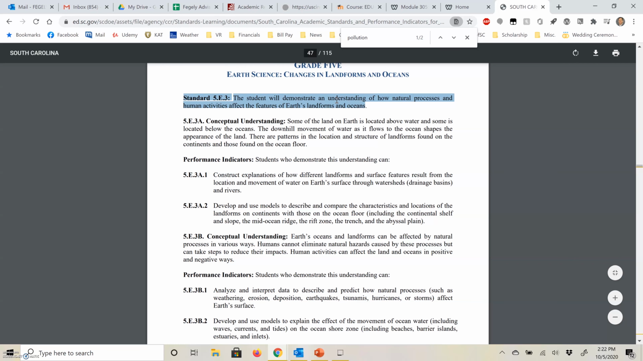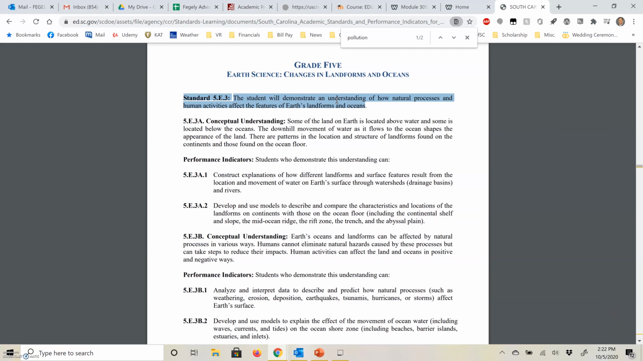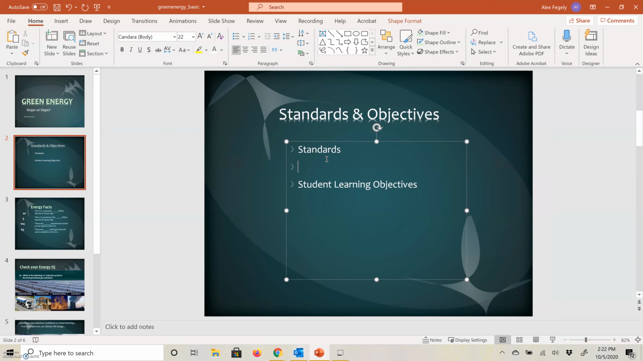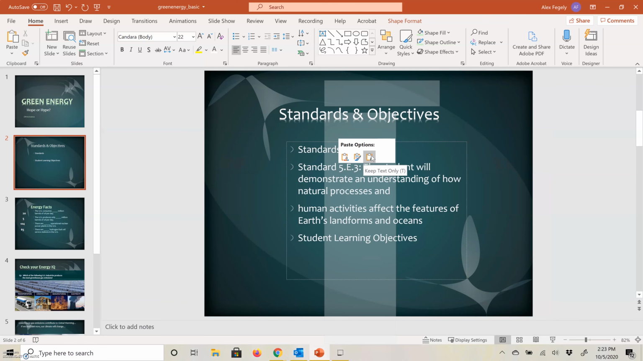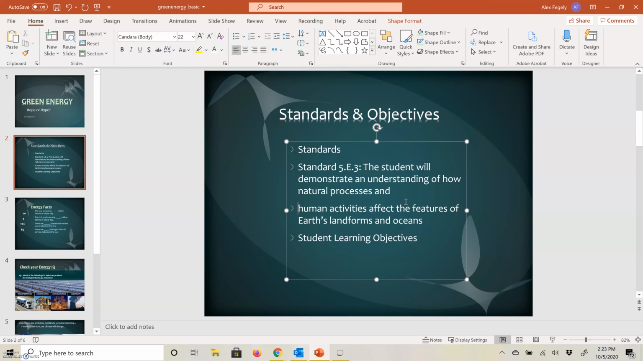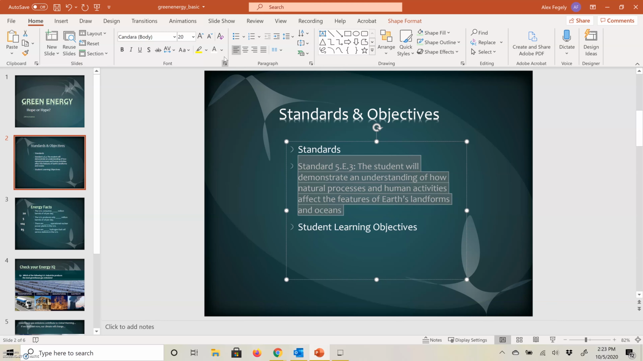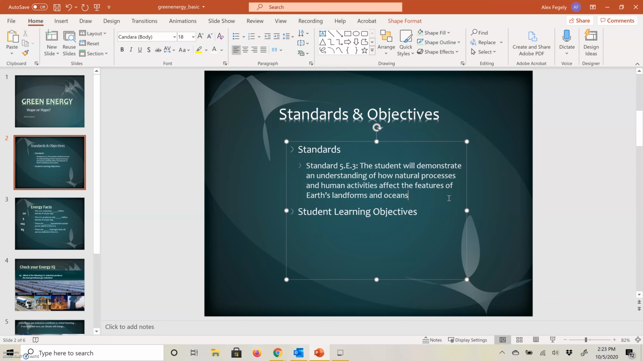Remember, I'm kind of reverse engineering this using a lesson that I previously had on my computer. I'm just going to copy that, and then under my standards, I'm just going to paste that as plain text. And you might need to doctor it a little bit so it looks a little bit better. And then keeping our crop design principles in mind, we have our standard, and then we need our student learning